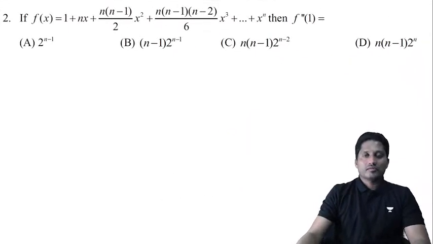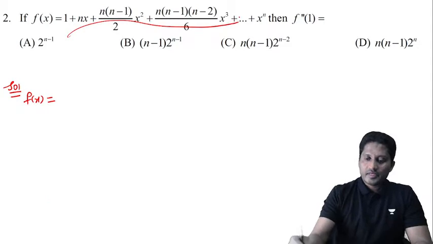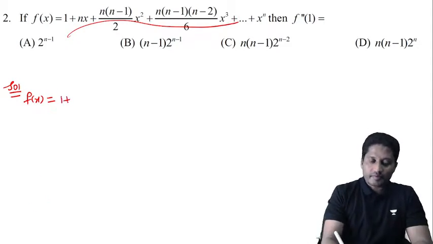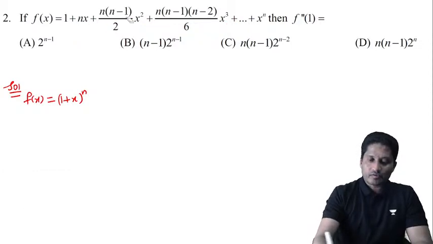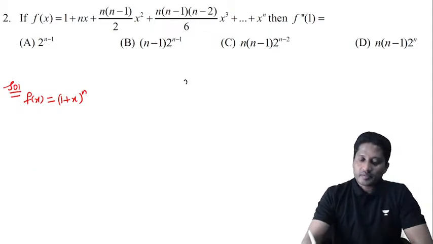Question number 2. This was a question on binomial theorem. F of x is equal to, if you take this entire term, an expansion of (1 plus x) whole power n. Use binomial theorem and expand (1 plus x) whole power n. You will get 1 plus nx and so on. Actually, this is the expansion of binomial theorem, right? (x plus a) whole power n